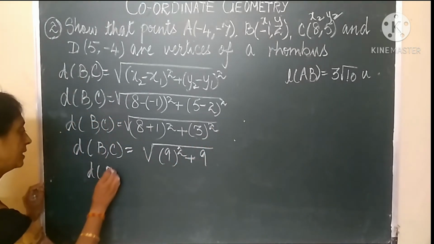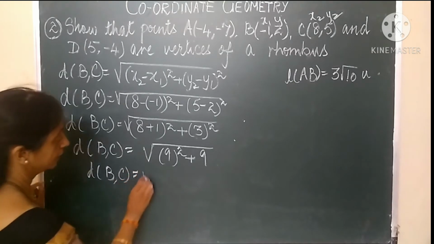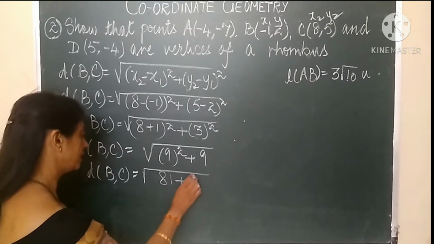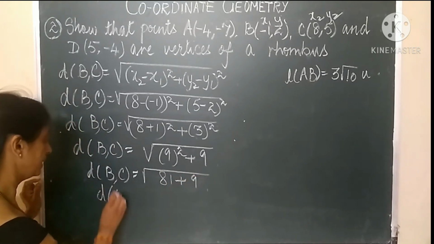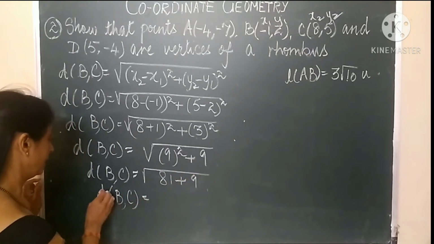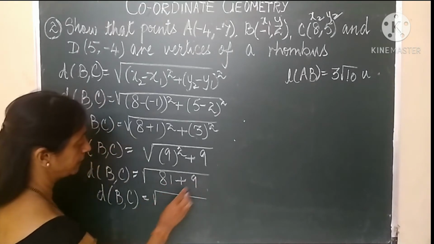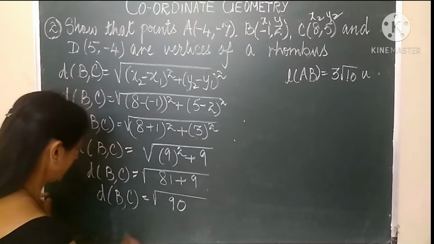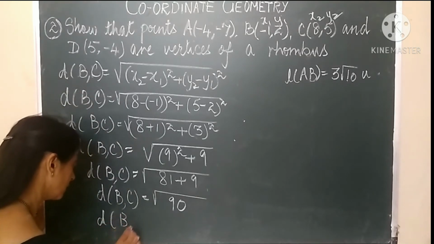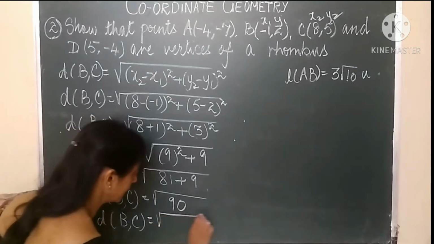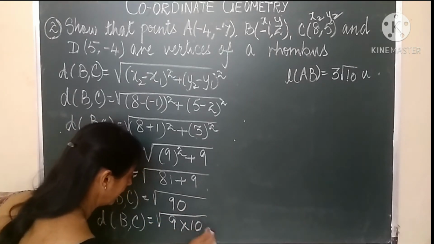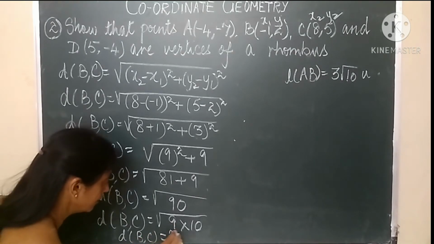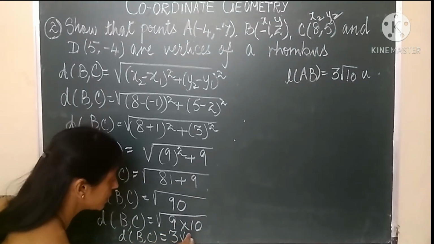To solve further, let's square 9, that is 81 plus 9. So distance BC will be equal to 81 plus 9 gives us 90. Let's put up the factors of 90, that is again 9 into 10, and we already know square root of 9 is 3. So 3 root 10